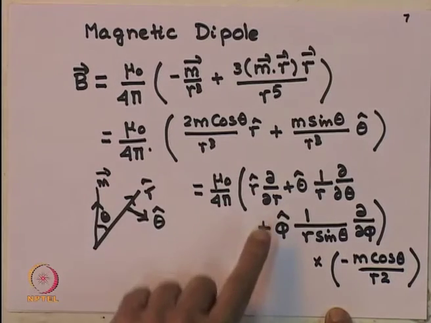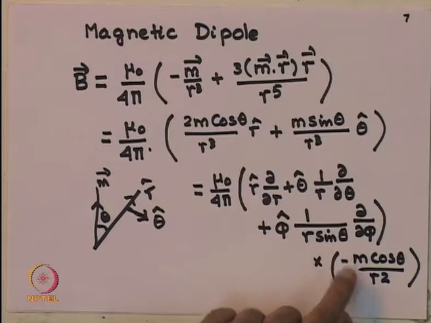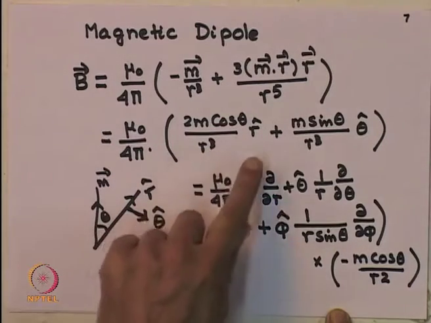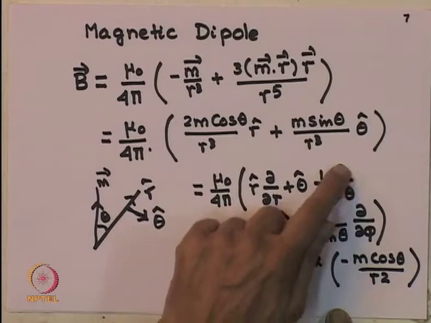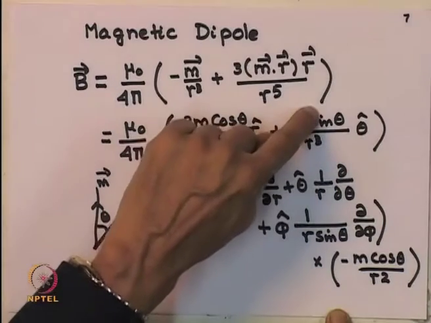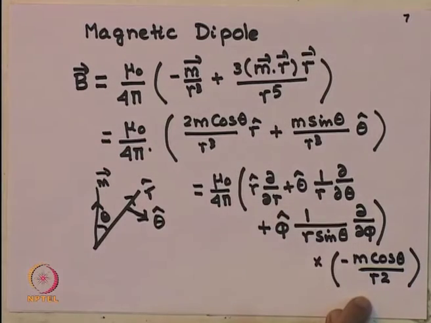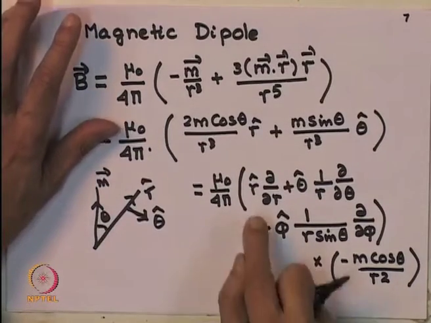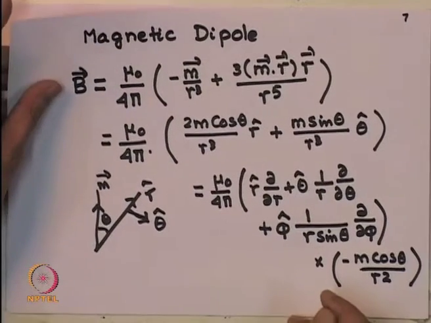Now, you can see why. This is d by dr. So, I get minus m cos theta and minus 2 by r cubed. So, that gives me 2 m cos theta by r cubed, unit vector r. Unit vector theta is 1 over r times d by d theta. D by d theta of cos theta is minus sin theta. There is already a minus there, that gives me plus sin theta, and of course, you have 1 over r that takes care of this r square and giving me r cube. So, therefore, this is the expression from where I need to derive my potential.